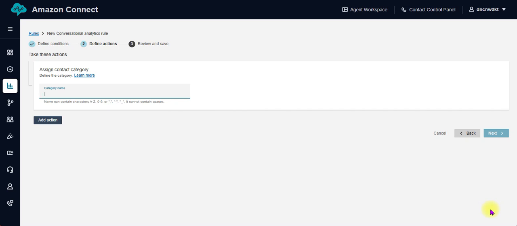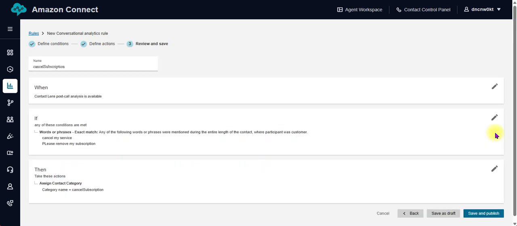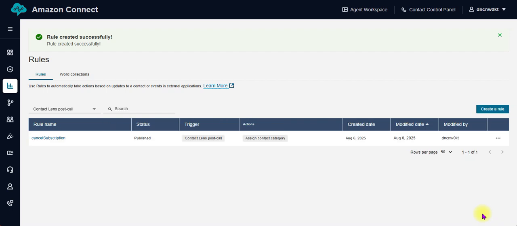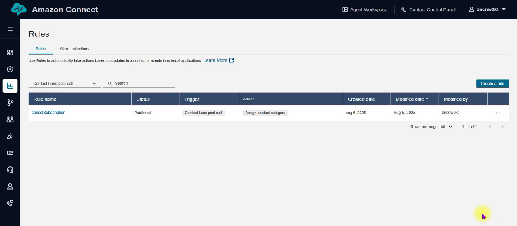Now I'm going to assign a category, and I could assign cancel subscription. I'm going to do save and publish. So this is a rule. This is a rule I have, and basically